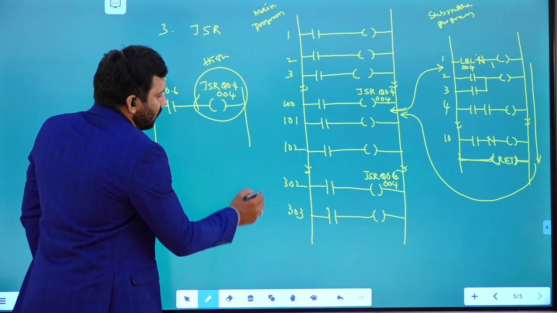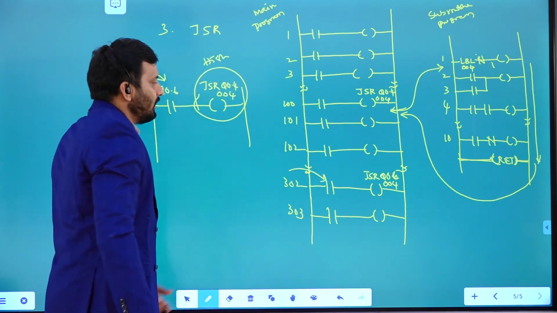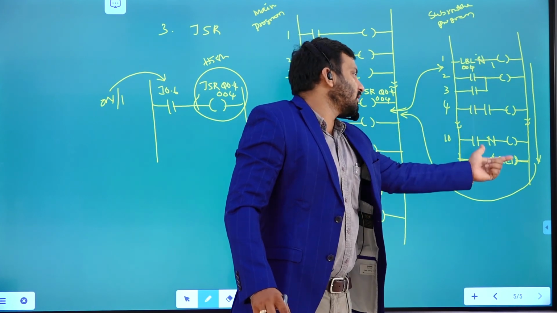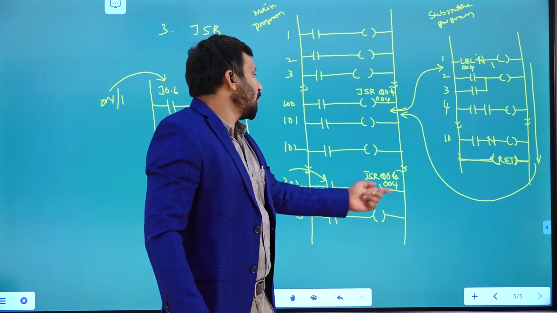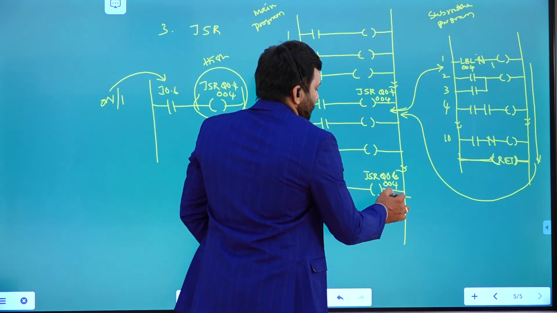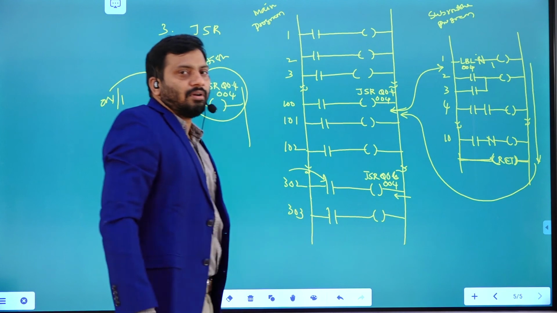Whenever this input is high, it is going to jump to this particular subroutine program. Then it keeps on executing this program. It is going to return to where it was stopped. Here it was stopped. Then it keeps on executing.